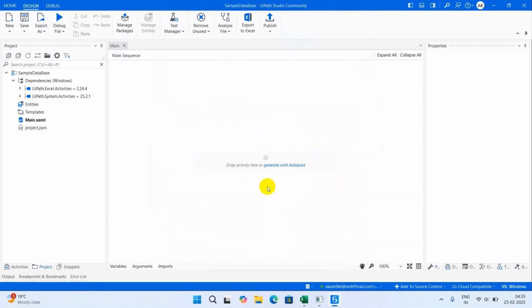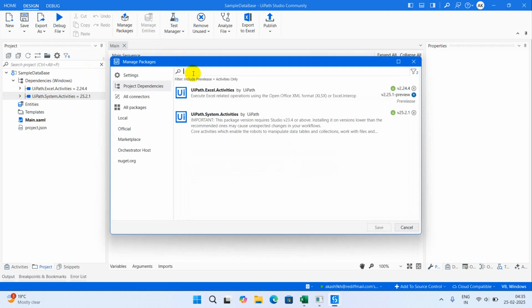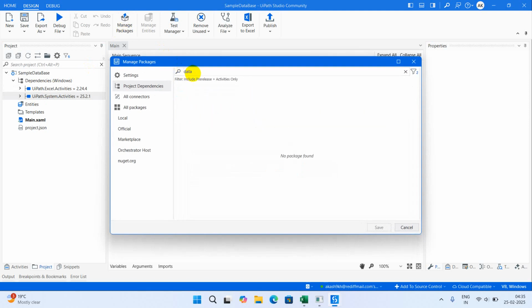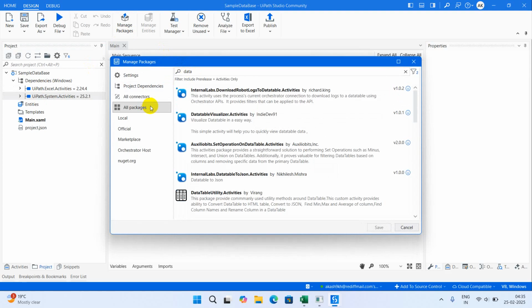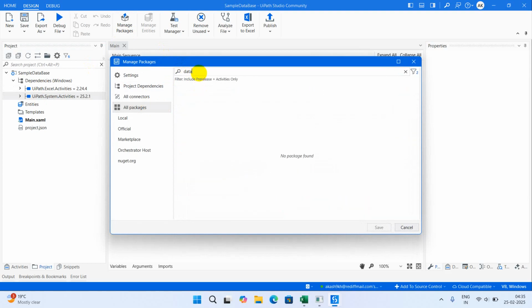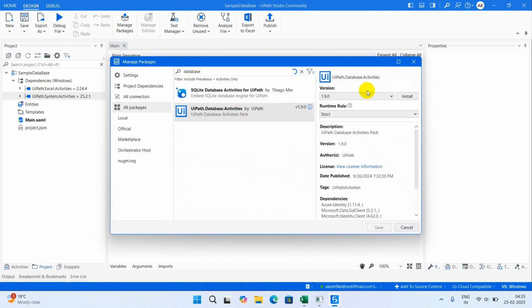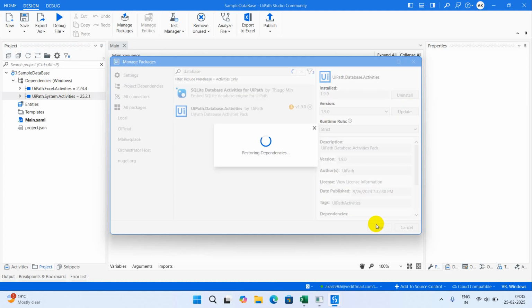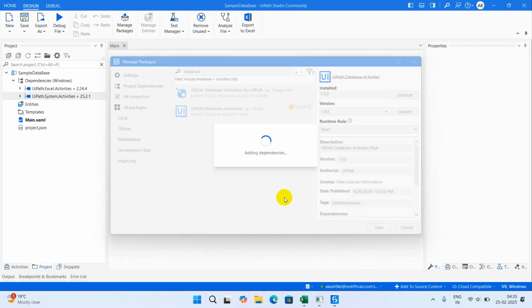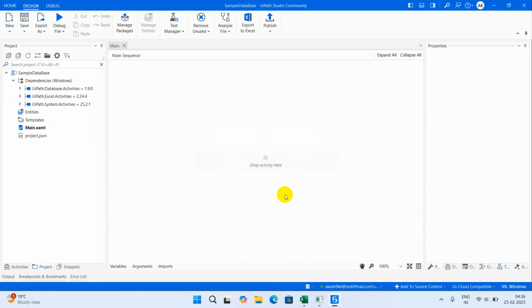This part is done. Now here Excel activities is installed but database activities is not installed. So install database activities in all packages. These activities should be installed, UiPath.Database.Activities. This is installed. You can start with the main sequence